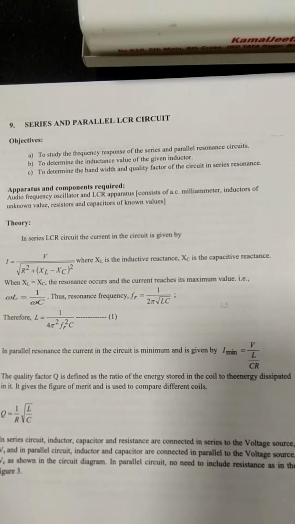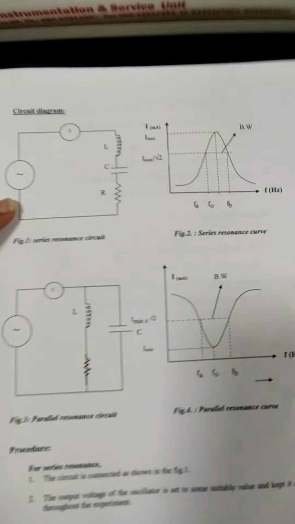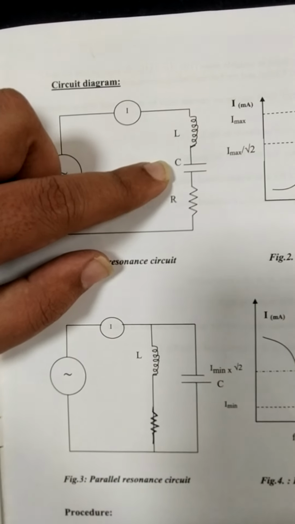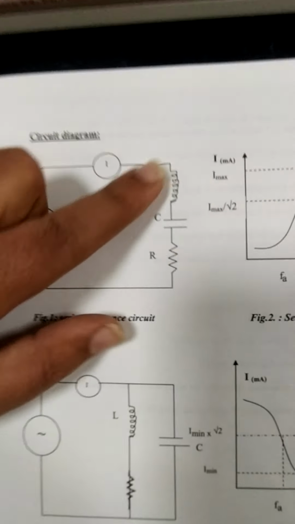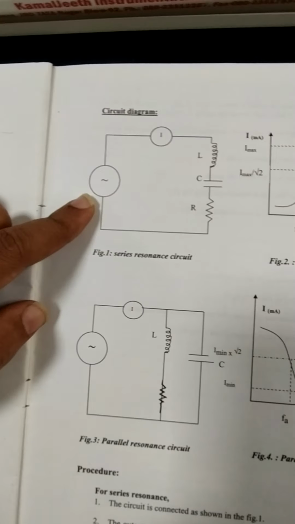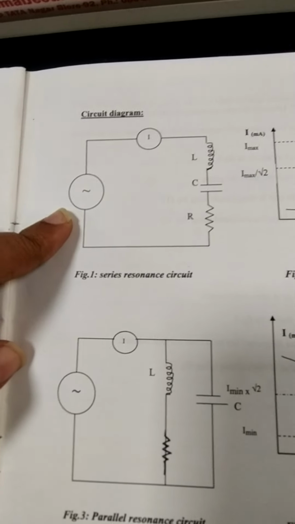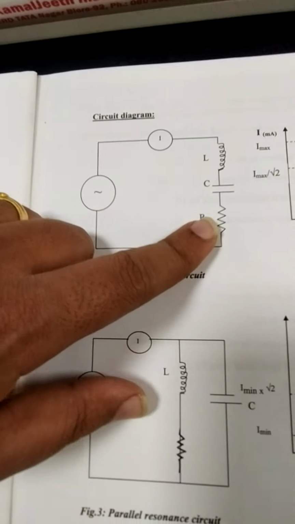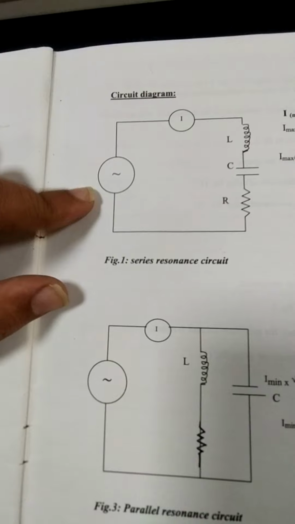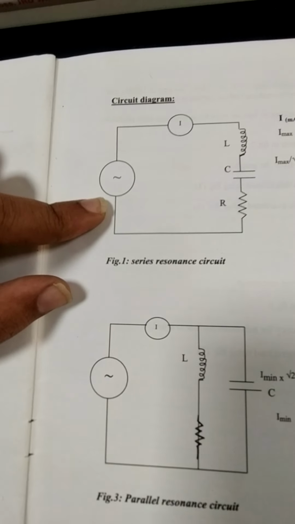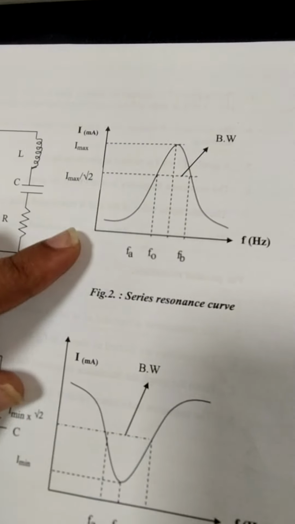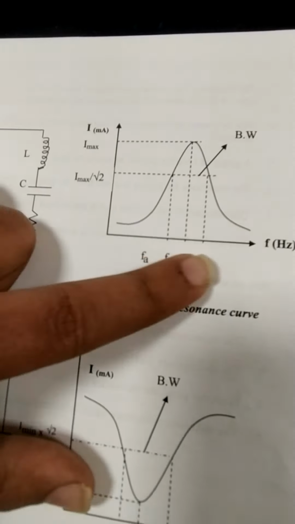So to begin with, let's zoom to our circuit. This is our inductor, capacitor and resistor. We need to connect the inductor, capacitor and resistor in series and give some frequency, and we will study how this series LCR circuit responds to the input frequency of the voltage. We will get the current as an output for varying frequency.